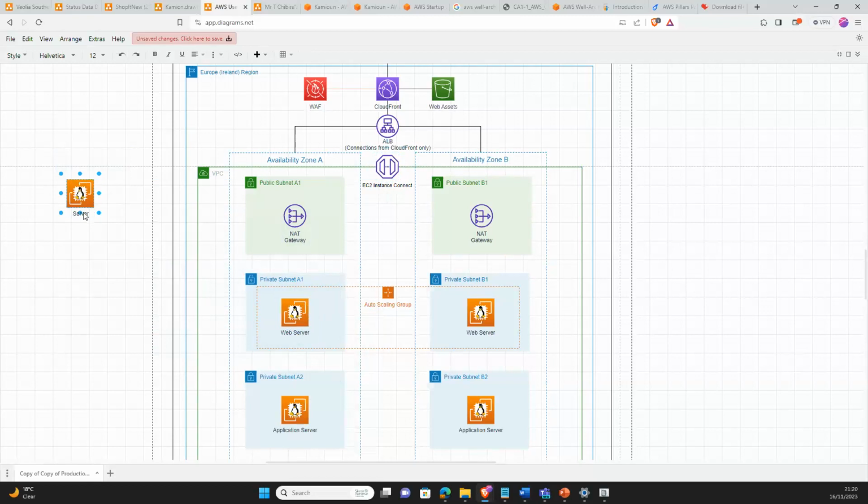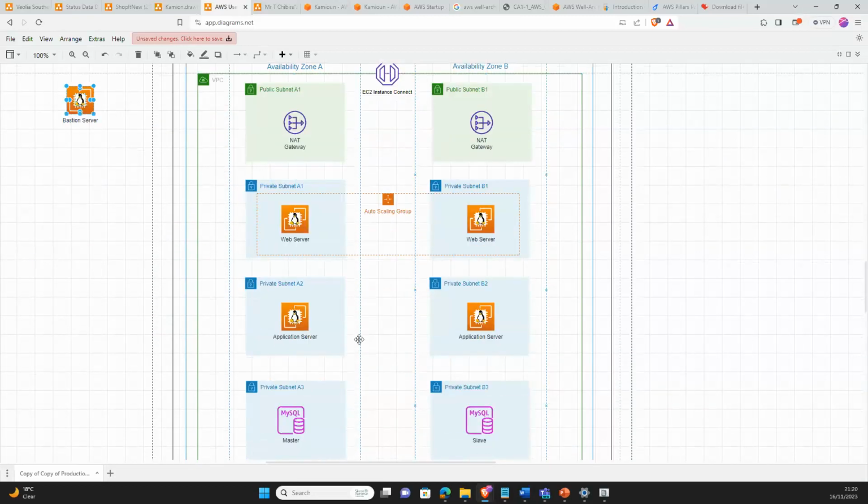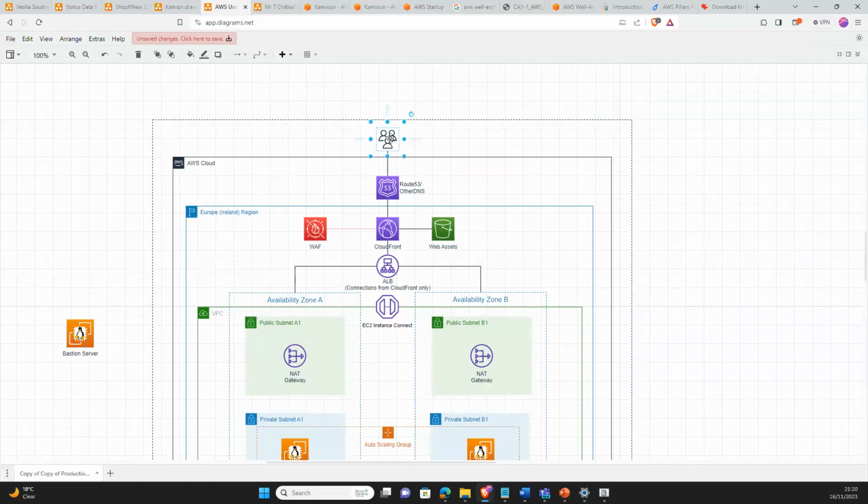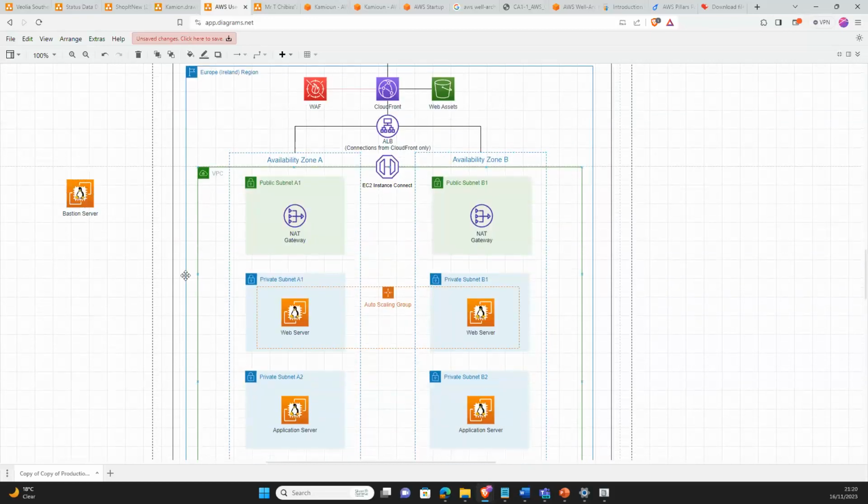Now remember, our application is in private subnets. What if our administrators or maybe systems administrator want to have access to the application server or the database without using our DNS? Maybe they want to close a certain port or open a port. How will they access our environment?